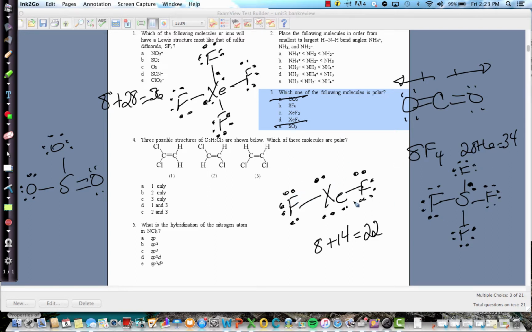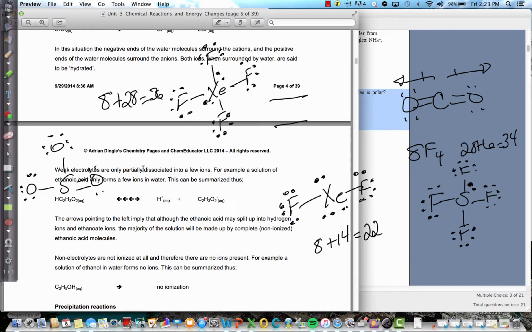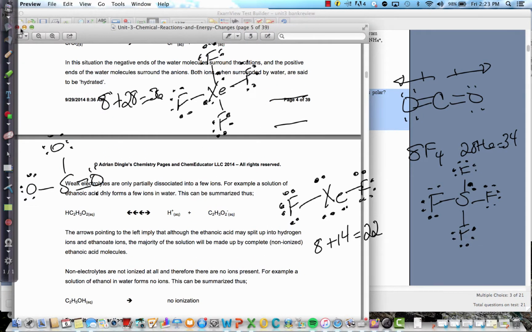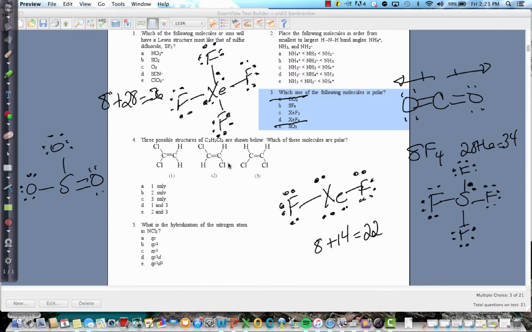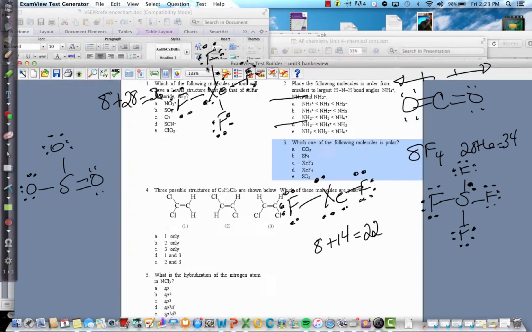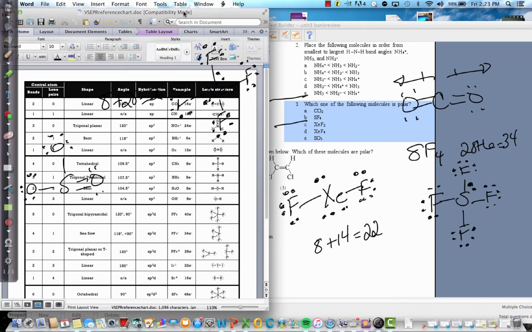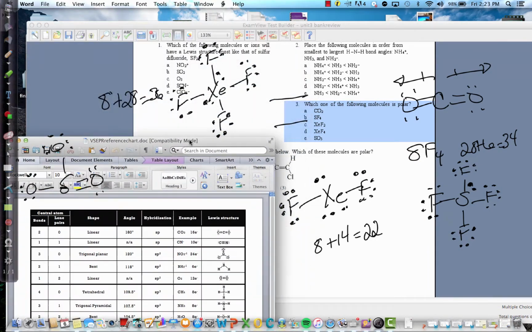The last three are more difficult. All right, so what we need to do is we need to look at the shape. So I want you guys to pull out that reference sheet with the shapes on it. Let's pull this out. Oh, not that one. Okay. All right, so now we're going to determine the shape of this molecule and then also determine this molecule